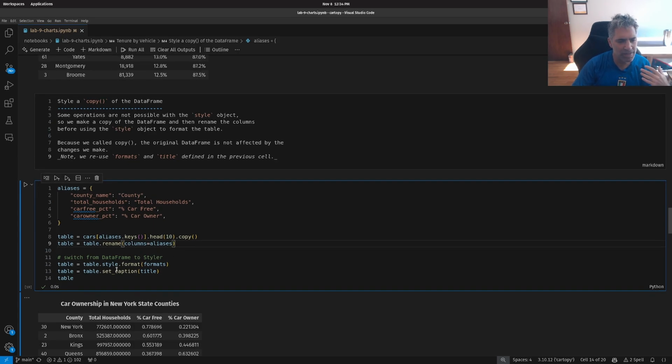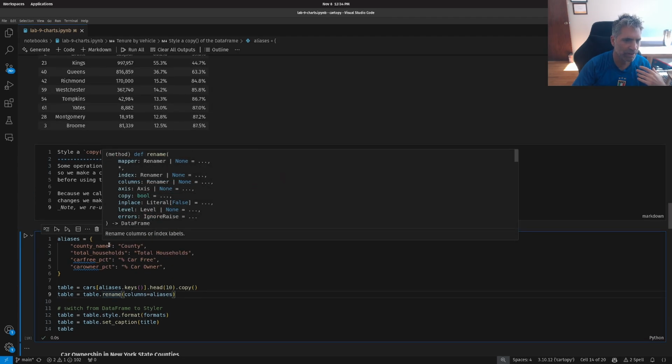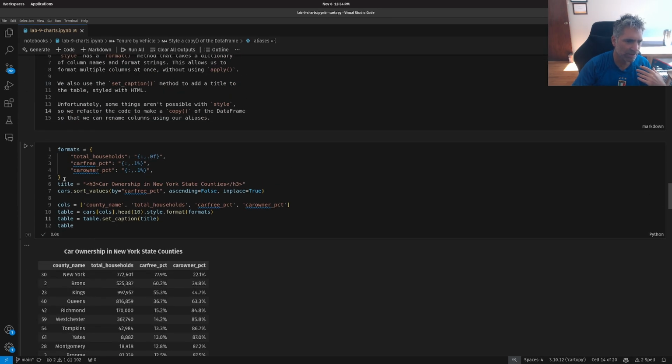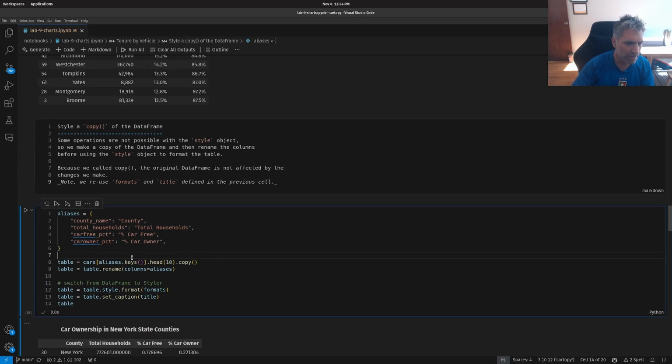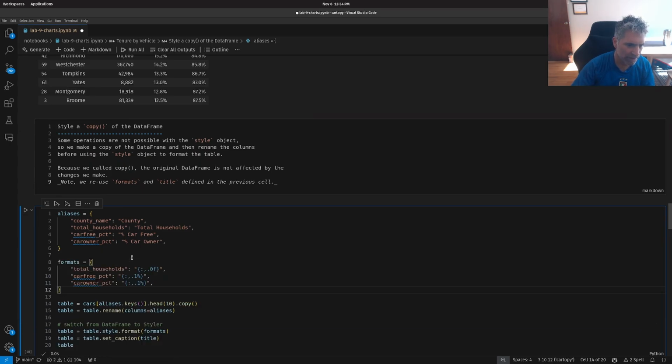right? And then I'm going to switch it back to a styler so I can apply the formats and set the function. And just to get this to work, I can't reuse these formats, unfortunately, because I've changed my column names. So I'm going to take this, but they need to actually match the new names, or else they won't be able to format it. County doesn't need any formatting, it's just a string, but these guys do. Car free and car owner get the same format. All right,